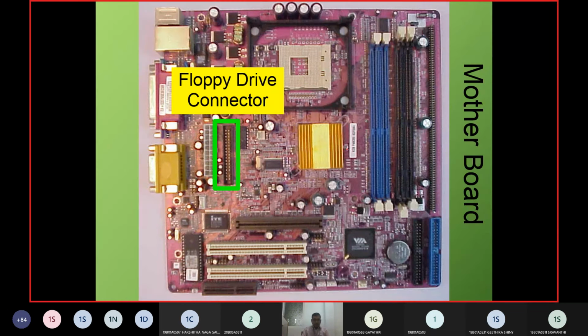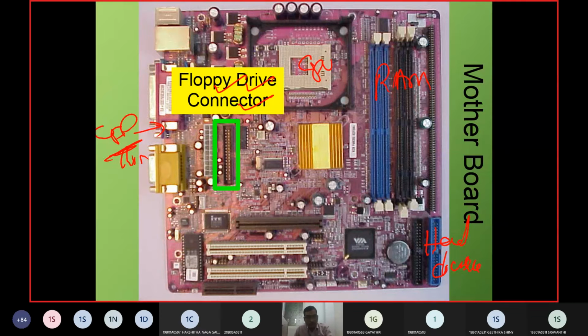So next, this is a connector where we are going to have a floppy disk connector. We talked about the first position CPU, then the random access memory, then the hard disk, and then the compact disk drive, so CD-ROM, etc. Now the floppy disk drive, I'm not going to talk about it because it is outdated. Maybe it was in the third generation.